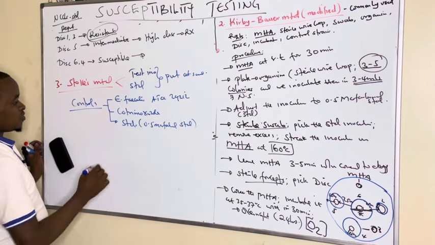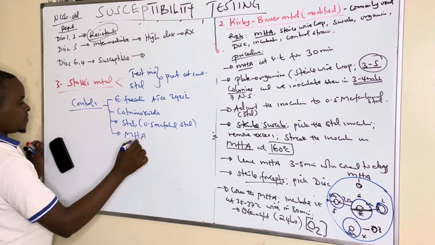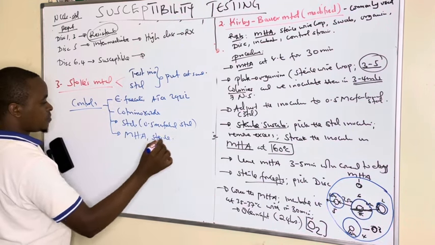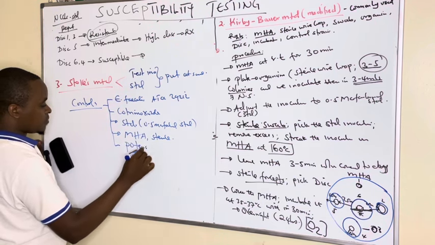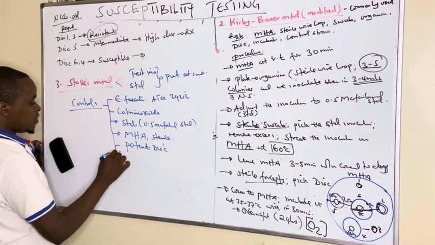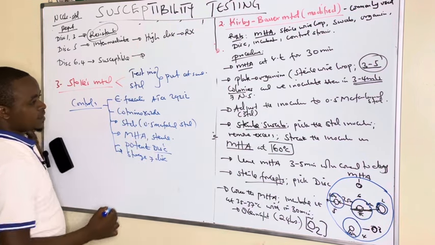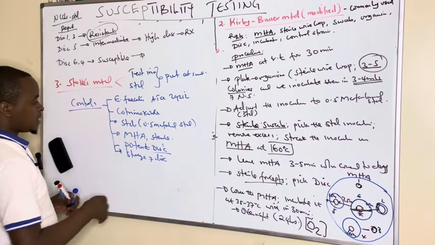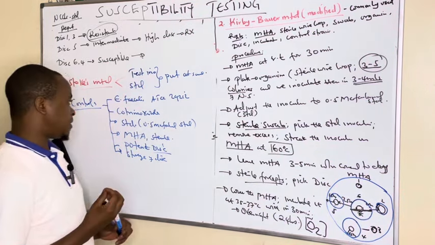That is another control. Another control is always using Mueller-Hinton agar from trusted sources, which is sterile. Another one is using potent discs, which are not expired. Always check the expiry date and also the storage of the discs. And before using these discs, they are supposed to be brought to room temperature before applying them. So these are some of the controls we have to always make sure we take into consideration when we are